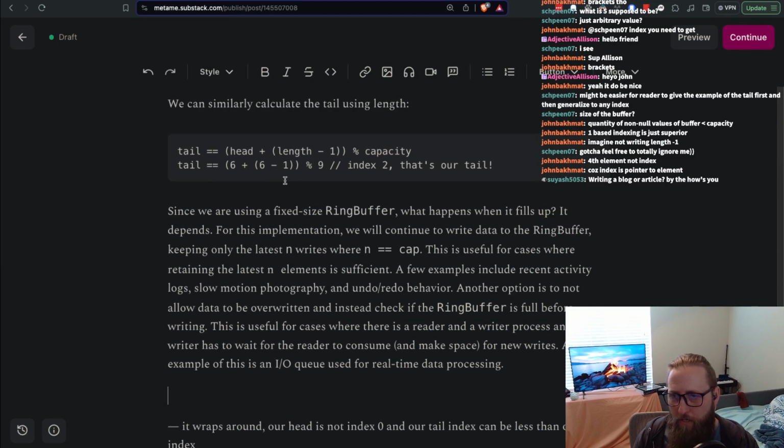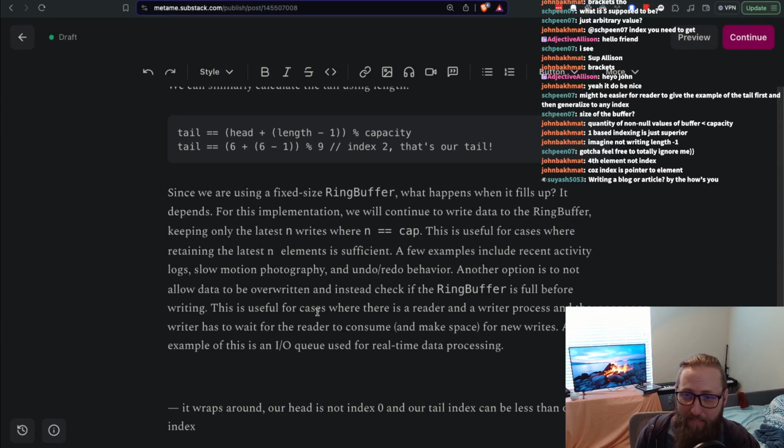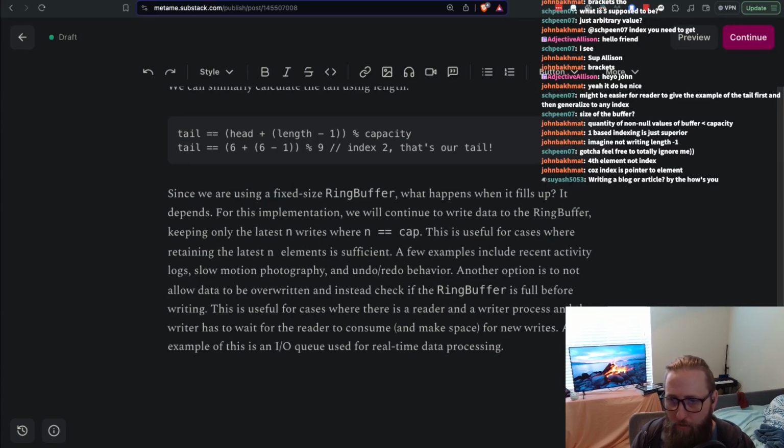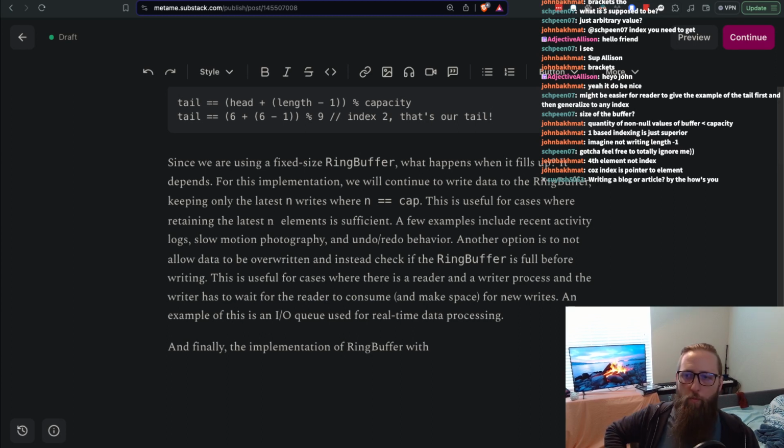Okay, and then we just go right into what happens when it fills up. I think that's the obvious thing that we're wondering about. What happens when it fills up? Okay. It wraps around. Okay. Here is, and finally, the implementation of ring buffer with